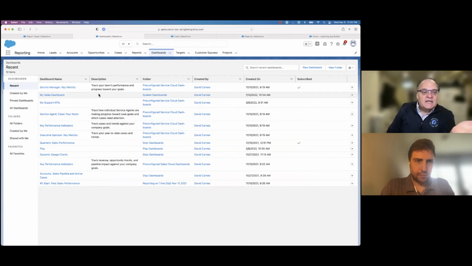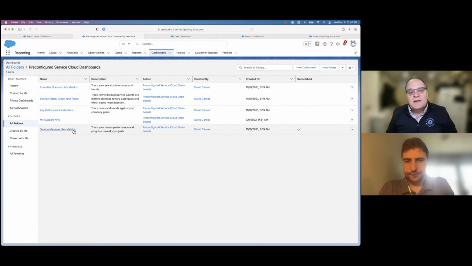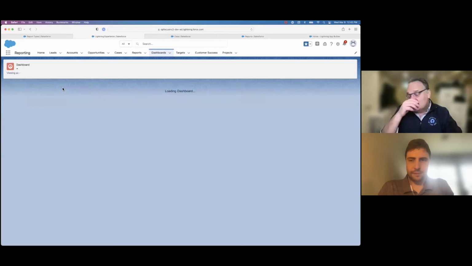So if we come to the dashboard tab, I've already installed this from the App Exchange. If you are not sure how to do that, and if you have an admin in your environment, your org, they could install it for you. But basically, what it does is installs 4 dashboards, and I've cloned one and added one more. That's why I have 5. So I've got executive sponsor key metrics, service agent clean your room, key performance indicators, and then service manager key metrics. So let's go take a look at these,